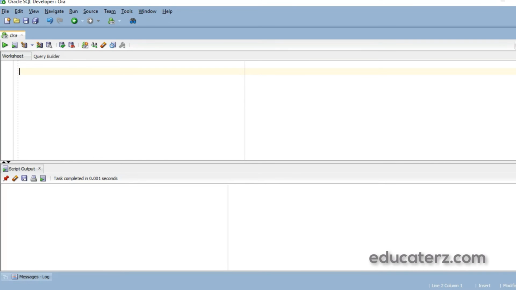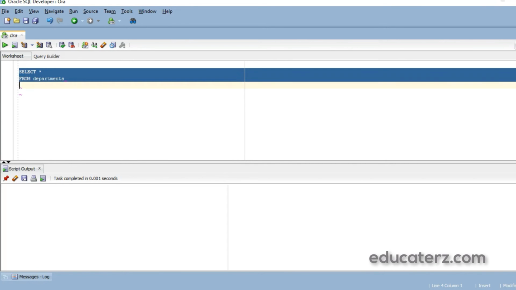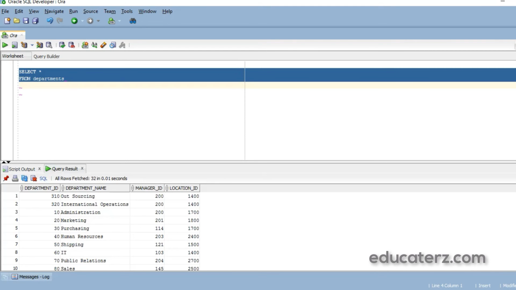I will execute this query now. Select star from departments table. In order to execute in SQL Developer, after writing the statement, highlight it and click on this green arrow button, which indicates run statement, and you will get all the results.